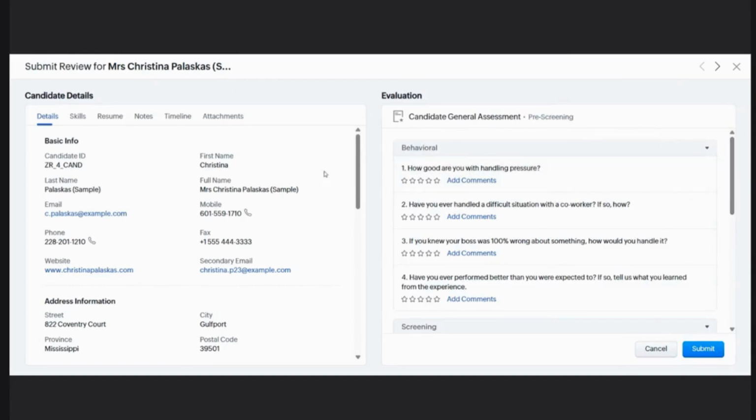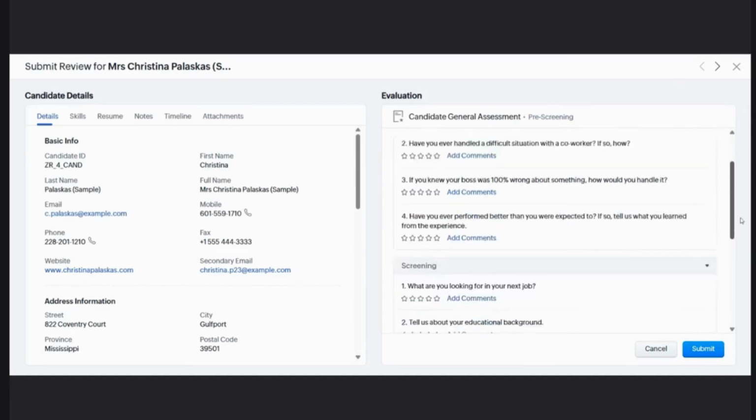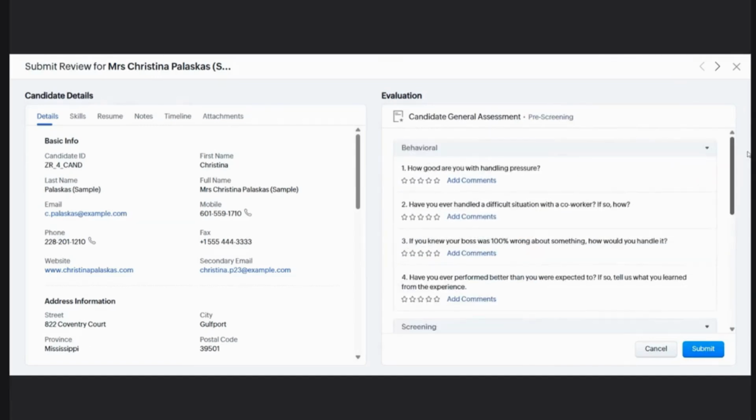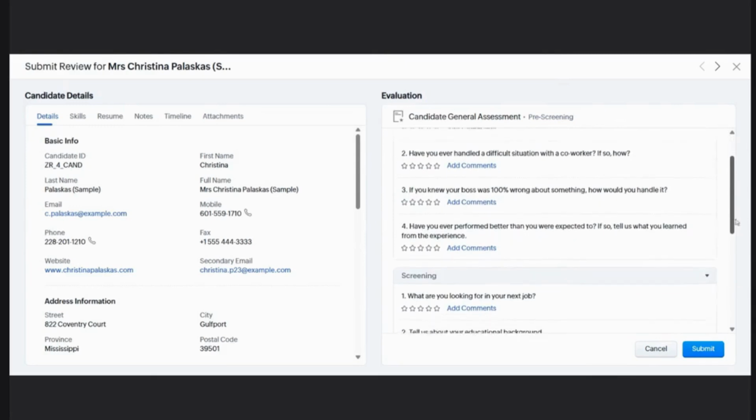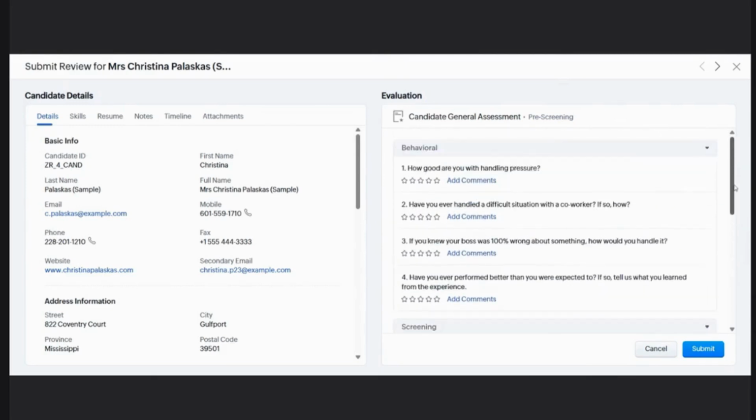Okay. So it's giving me all the evaluation criteria, right? On which basis have I done this, right? It's checking on the behavioral aspect of that person, which is how good are you with handling pressure, or in this case, Christina, right? So I'll mention all these aspects that my hiring manager or the interviewer has told me, and I'll update it here. So these are the things that will eventually help me in taking out a briefing as to where this person was average, right? Or where this person has